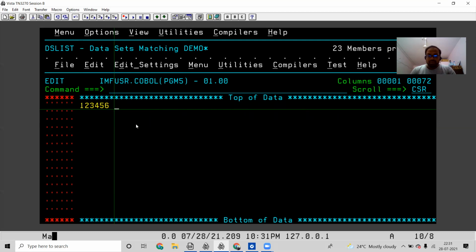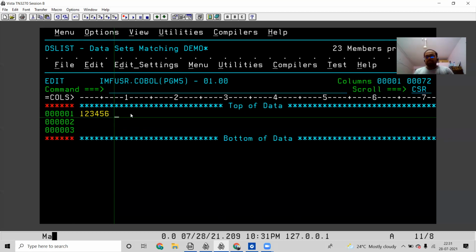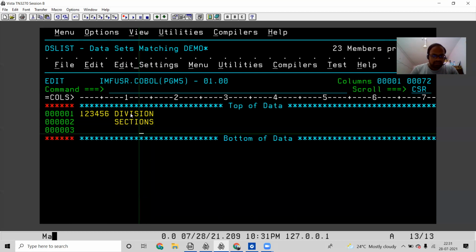And after that, from what column will we have the program? From 8 to 11, we will be having divisions, sections, and paragraphs.